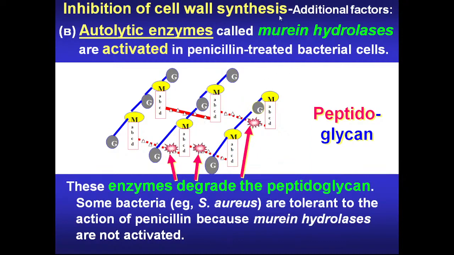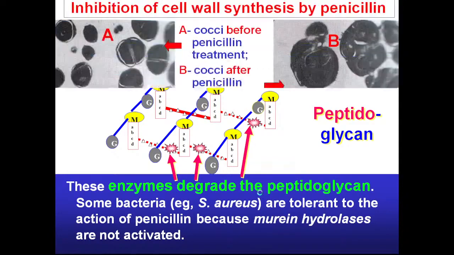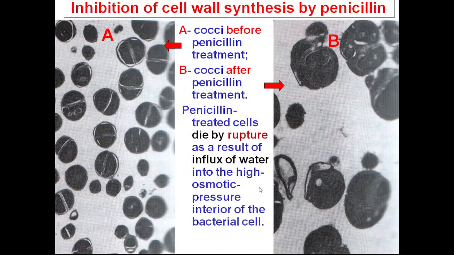So some additional factors may contribute to the activity of the penicillin. Autolytic enzymes called murein hydrolases are also activated in penicillin-treated bacterial cells. So there's an additional effect of the penicillin therapy, because these enzymes degrade the peptidoglycan. So activation of autolytic enzymes in penicillin-treated cultures is an additional way how penicillin works. Then what happens with the cell? When the cell wall synthesis is inhibited,